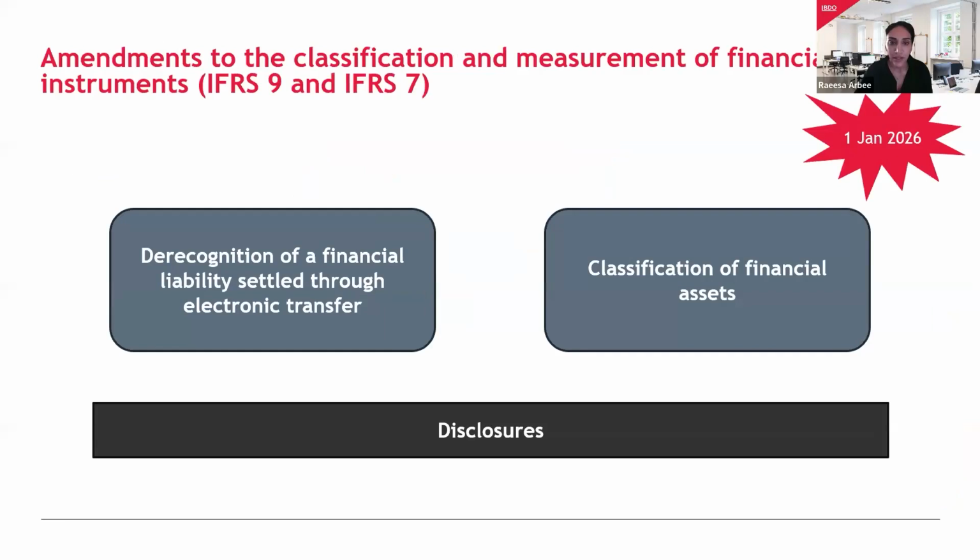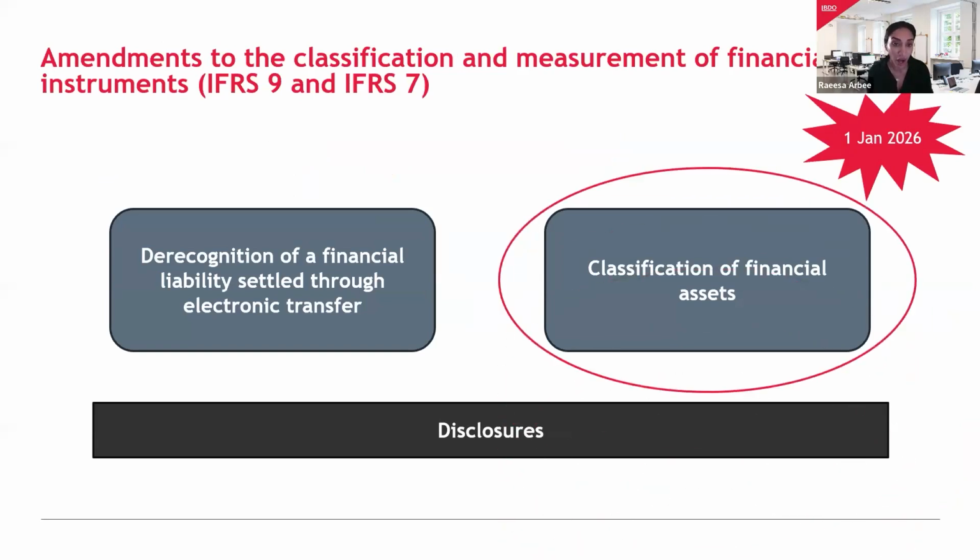All right, so lots to think about there. Then the other part of the amendments, we've spoken about derecognition. There's also some amendments to the classification of financial assets. And again, there's really two parts to these amendments. So one is they clarify how assets with ESG linked features